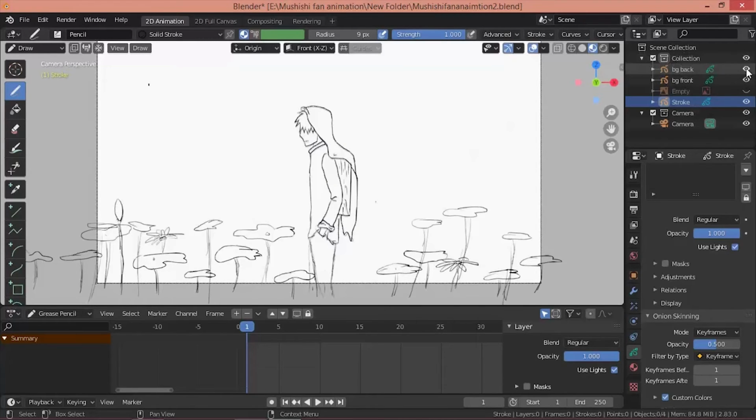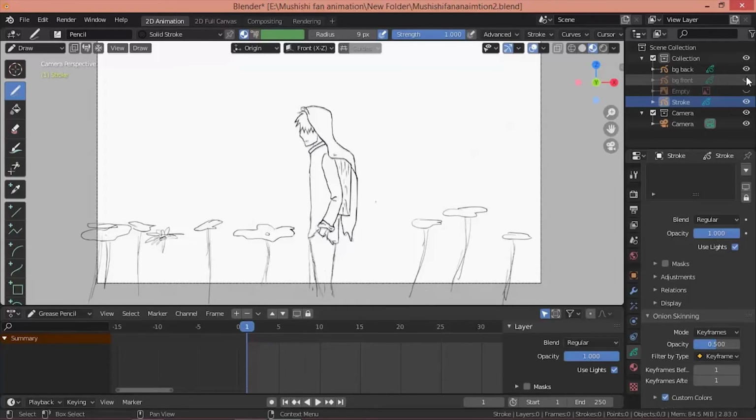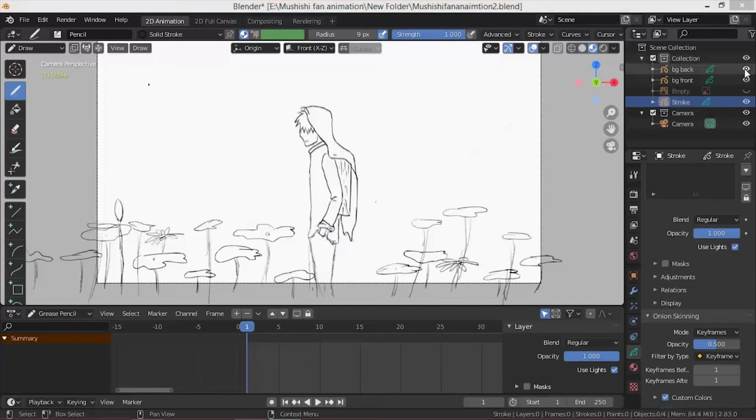And as you can notice, I've drawn each thing separately on a different layer. Like the first set of plants that appear before the main character in front, and the plants behind on a different layer again.